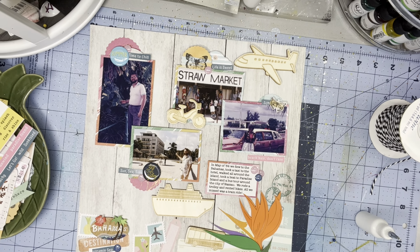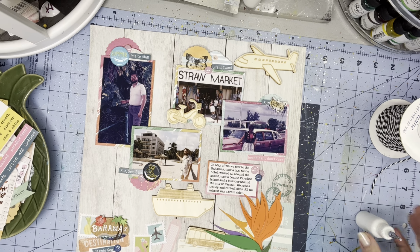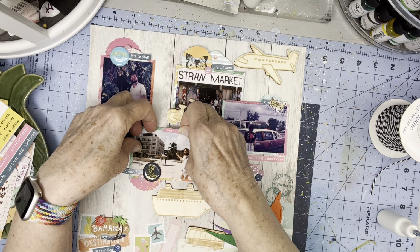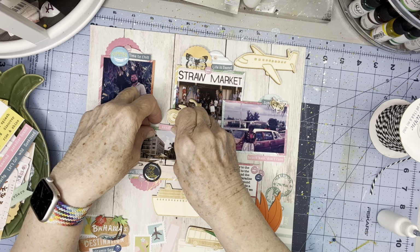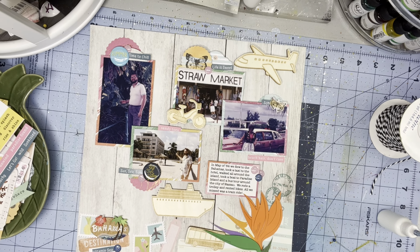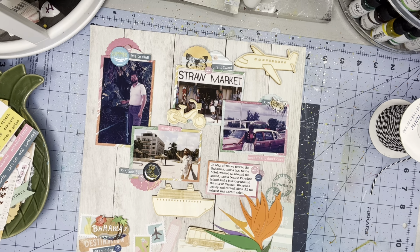I've got this sandy toes bit I'm going to put. If I don't put it on this page, I will lose it. And I'm betting John has sandy toes in this photo. This was not a particularly memorable trip for some reason. I think it was just a few days long, and it might have been a prize. But